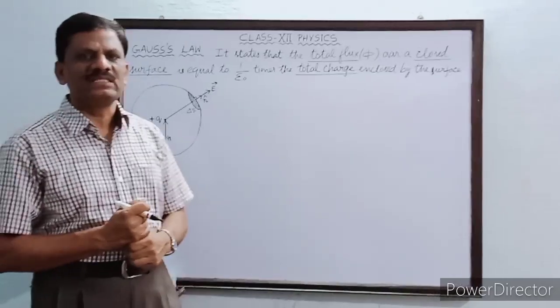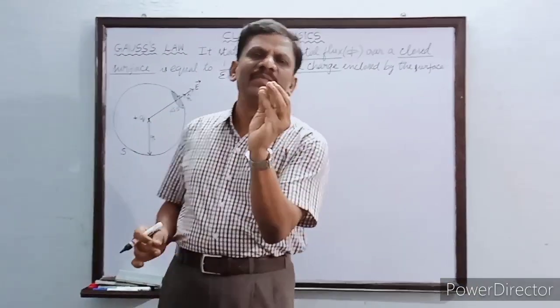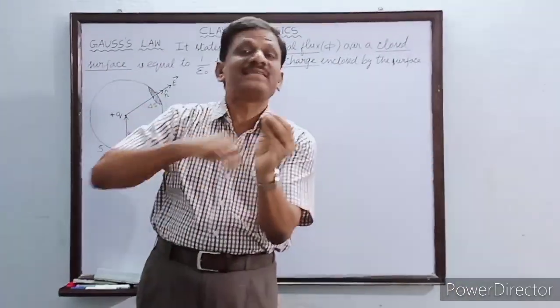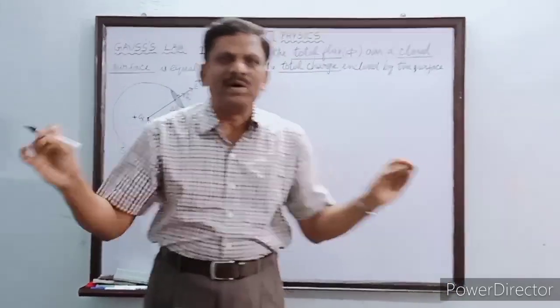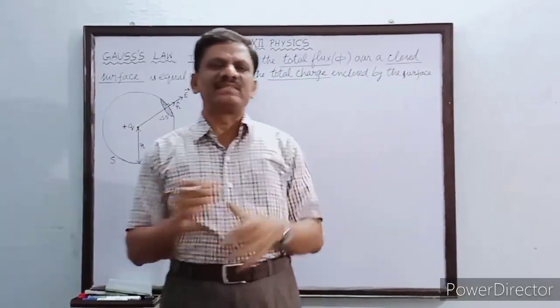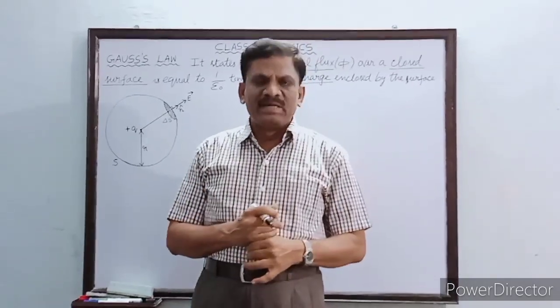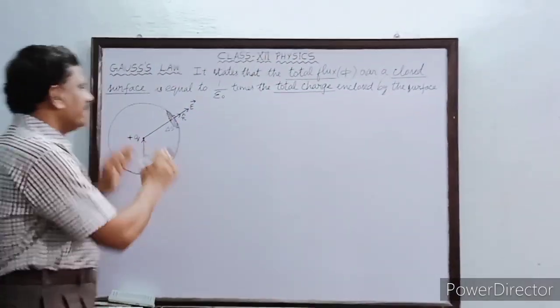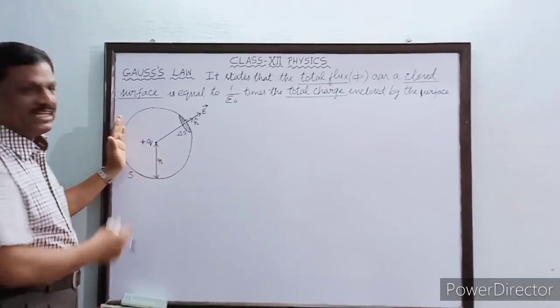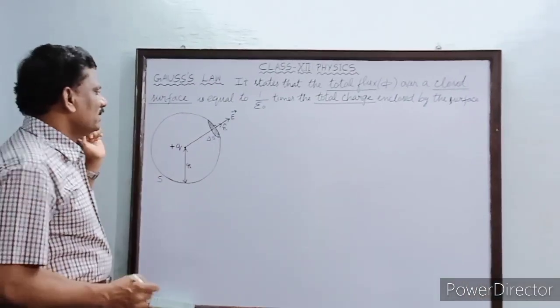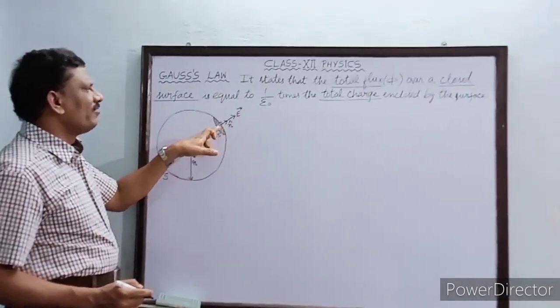surrounding the given charge. You imagine an LED bulb is kept inside a glass sphere. Will the light pass through each and every point on the surface of the sphere or not? In the same way, I imagine a charge is placed inside a spherical imaginary surface. Now, one such line of force is passing